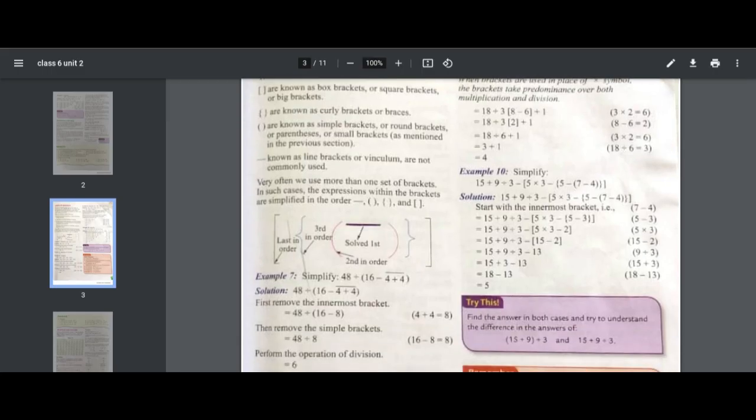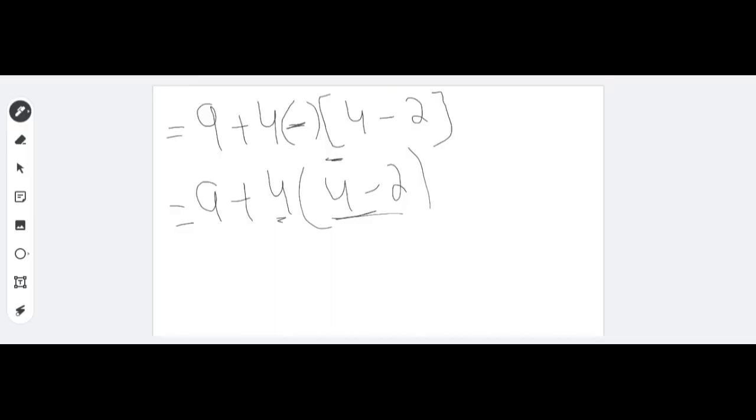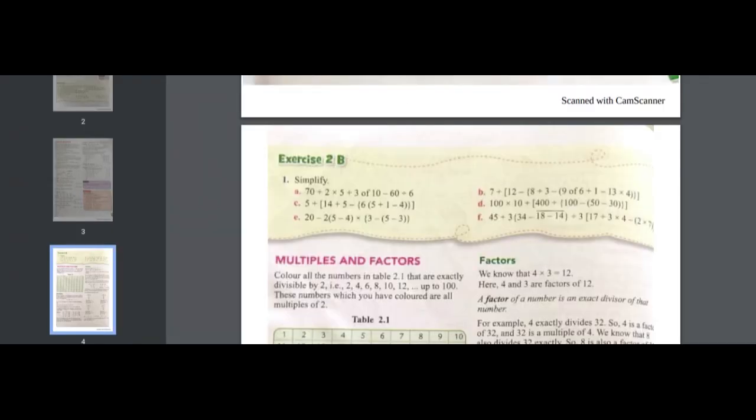Okay, ma'am. Yes, now we have to do exercise 2b. I will help you, then we have to do this exercise. Can we start? You have opened your rough register. You have to mention the date, day, and exercise 2b, question number 1. We have to start from question number 1. When you're done, you just write question number 1, then I will explain it to you, then you write it. Okay, you wrote it. So we have to start.